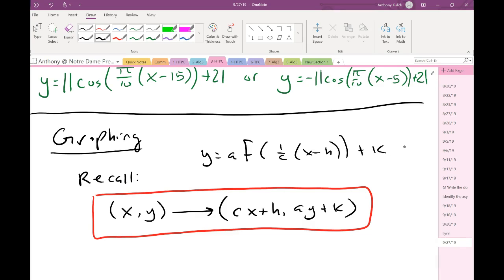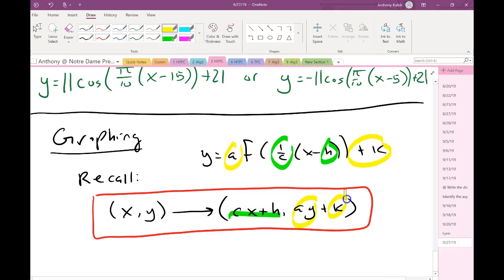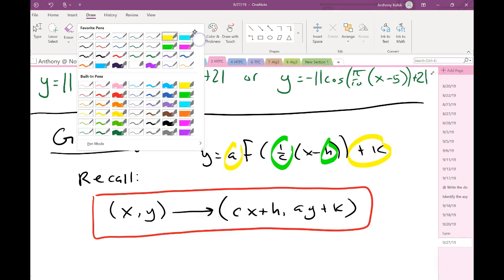So you notice the stuff that's applied directly to the x is here, and you notice the stuff applied directly to the f of x is applied directly to the y. These y and f of x are kind of the same thing. It's usually not that hard to remember if you think about it that way. If you can remember one of the two, then you can remember the other one. Anyways,